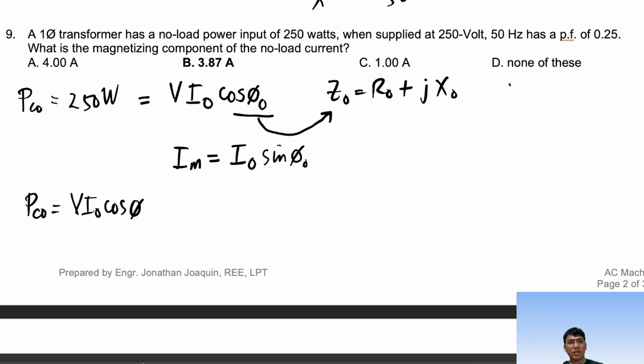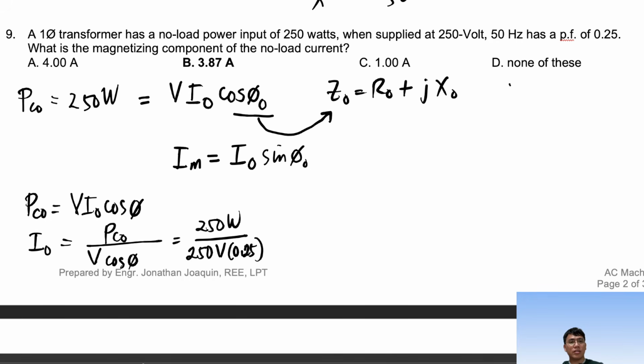So we already know V and cos theta, so that I sub naught equals PCO divided by V cos theta. Okay, so that's 250 watts divided by 250 volts times 0.25. Okay, take note that cos theta and power factor are the same. Okay, so we have I sub naught, which is